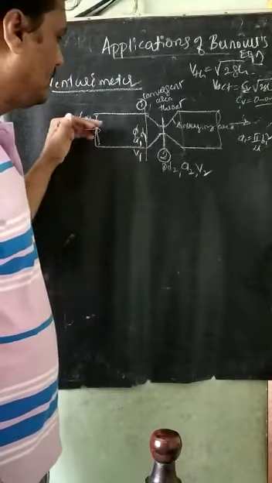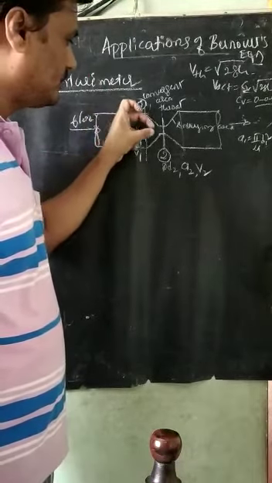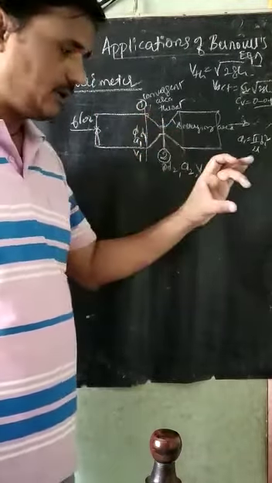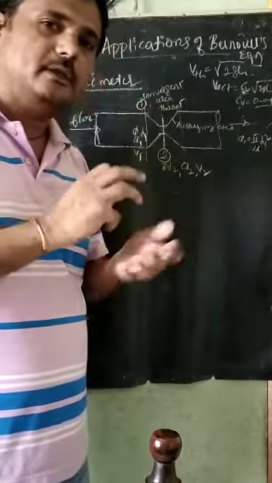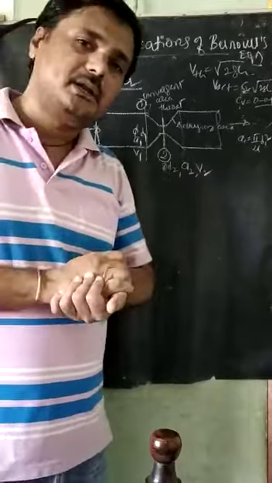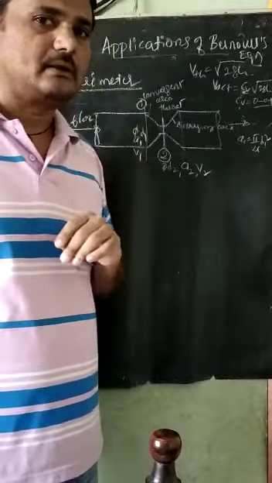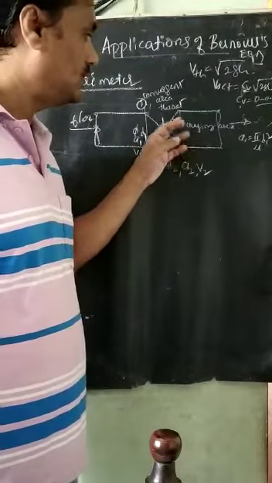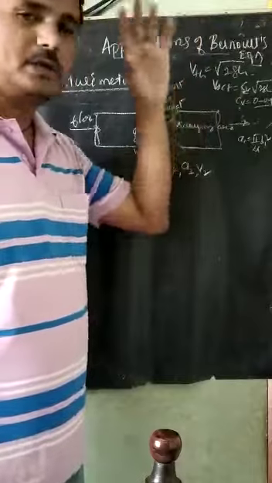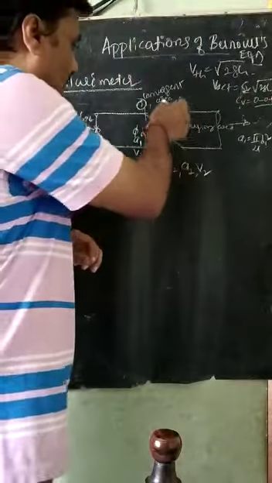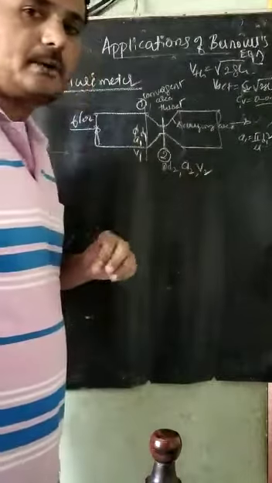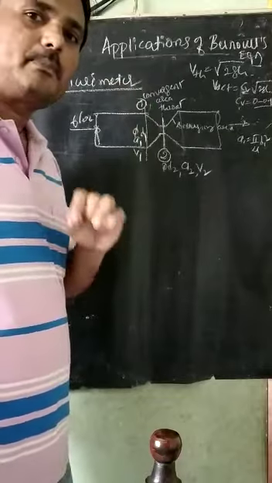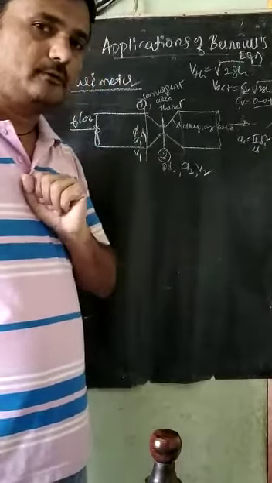What happens actually? Fluid comes in the pipe to the convergent portion, and you know the nozzle effect. As the cross-sectional area goes on decreasing, the pressure energy is converted into kinetic energy. Then it passes through the throat, goes to the divergent portion, and then the normal flow continues in the pipe. I have taken two sections, one at the pipe and one at the throat, and I will apply Bernoulli's equation at these two points.